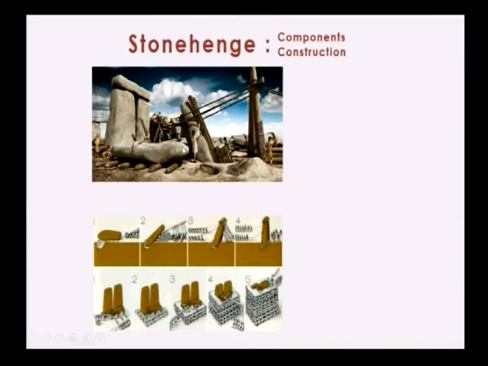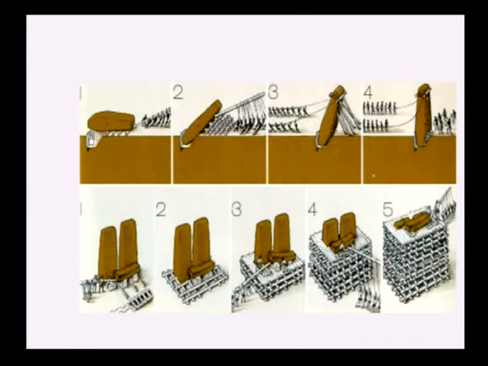The most common is that the stones were transported on wooden logs and hoisted to an erect position with the help of ropes. This is the construction process. First, the stones were pulled and pushed towards the pre-dug pit. Once one edge of the monolith was placed in the pit, it was hoisted and erected with the help of ropes.